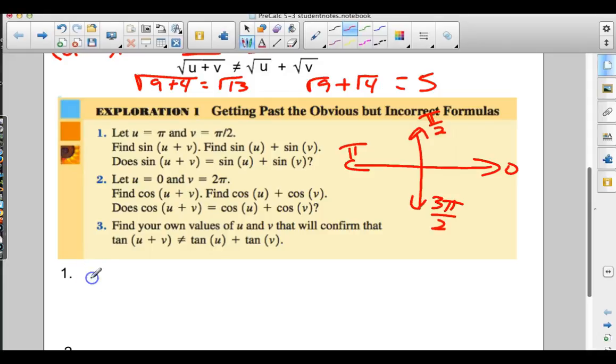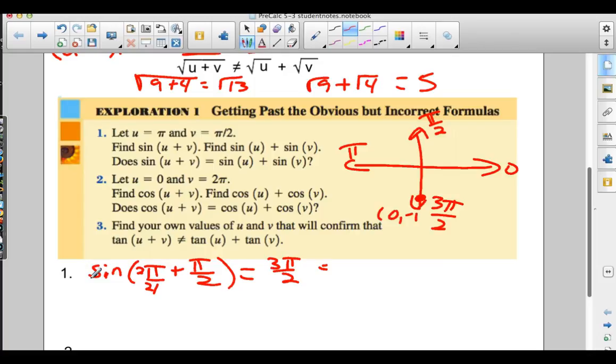Okay, so we want the sine of pi plus pi over 2. Well, pi, if we slap a 1 underneath there, would need a common denominator, so we multiply the top and the bottom by 2, and we have 2 pi over 2 plus 1 pi over 2, which would be 3 pi over 2. And if we want the sine of 3 pi over 2, we come down here and realize the coordinates we would use on the unit circle would be 0, negative 1. So the sine of 3 pi over 2, let me put that sin in front of that,